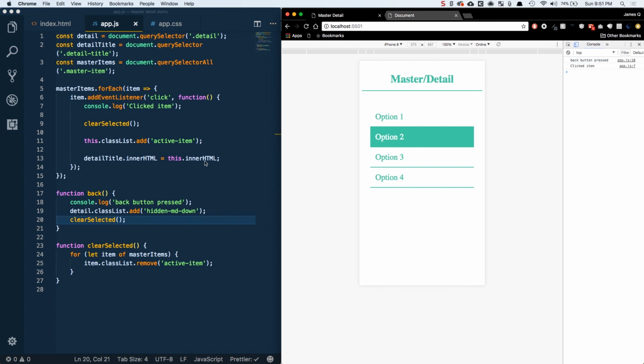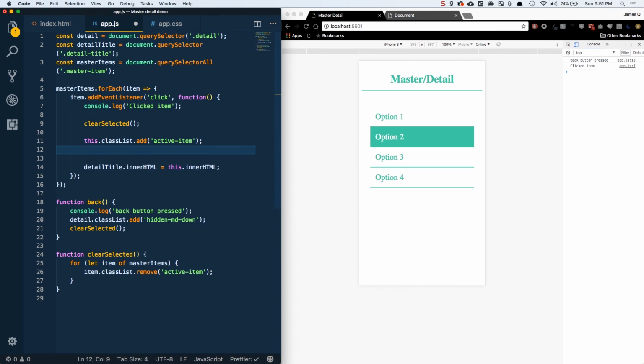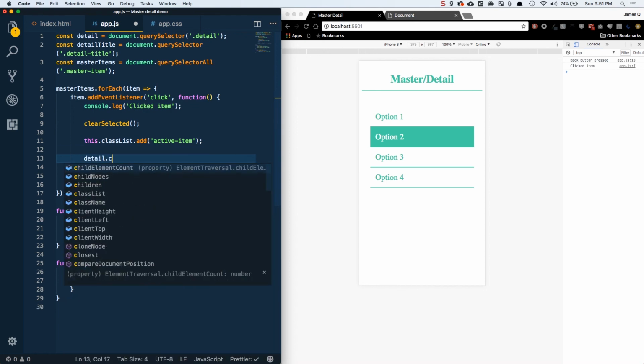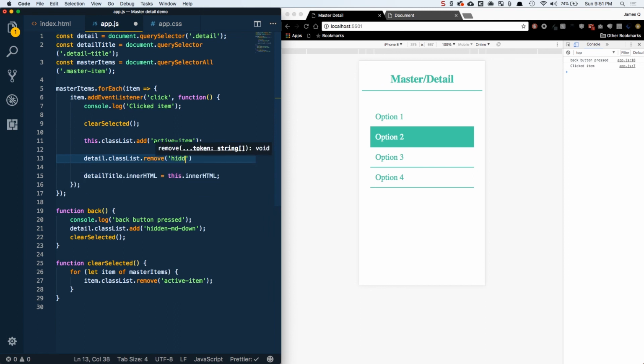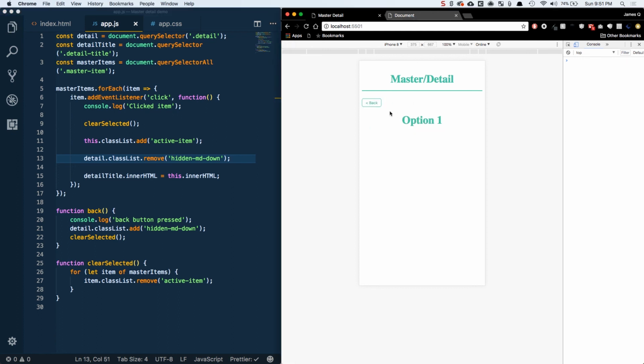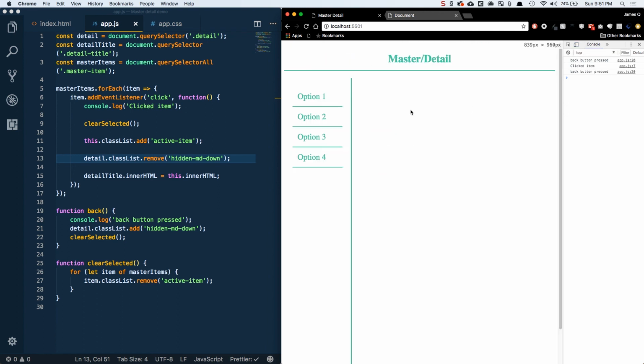And now we're missing one thing here. When we choose one of these items, we want to go in and then remove from detail. So detail class list, remove that hidden MD down class. Save this and refresh. Now hopefully we'll start with option 1 here. We'll go back. We'll see option 2. And now we can go back, and this should still work on big screen. So now we click option 1, 2, 3, 4, and we get to see how this is kind of responsive